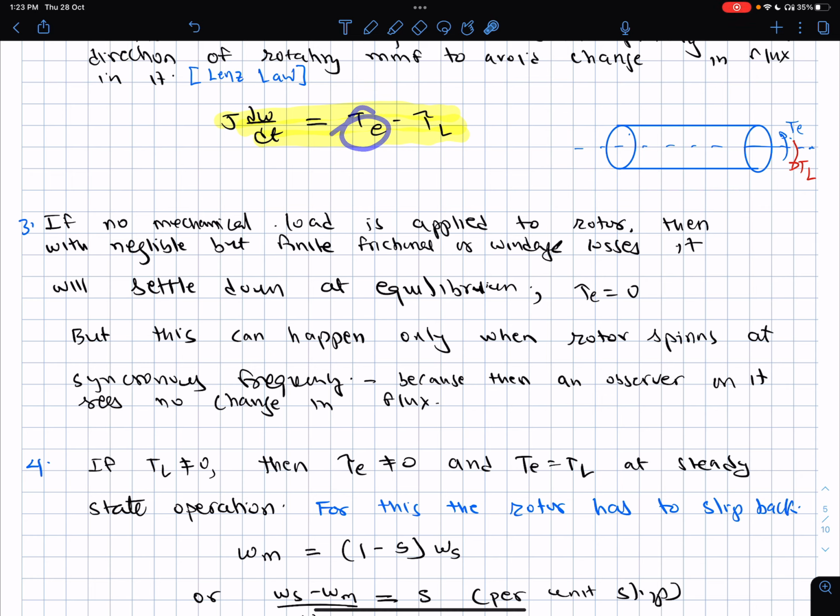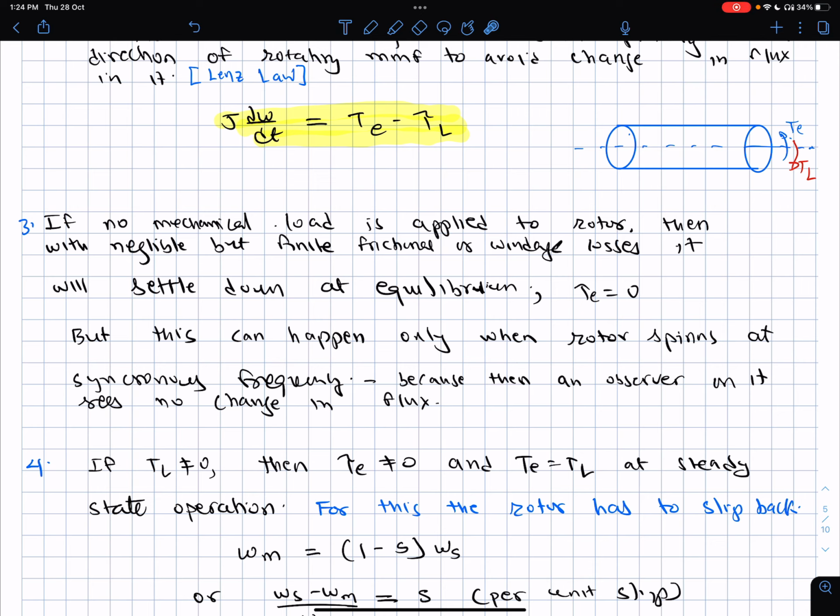Now to generate this TE, the rotor cannot spin at power frequency, because if it spins at power frequency, then there is no relative change of flux associated with it. So no induced EMF, no current in the rotor bars, no force generated due to BIL action. Where does the B come from? Stator. I comes from where? Rotor. And L is the length. And you can see that the angles are 90 degrees, so sine 90 is 1. So no current means no torque, no force. No force means no torque. No torque means it will not even start.